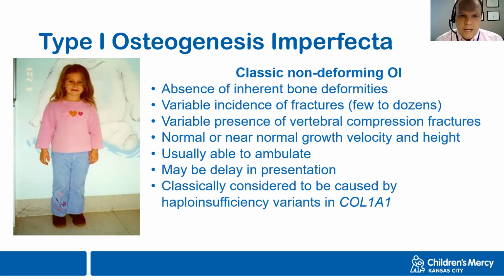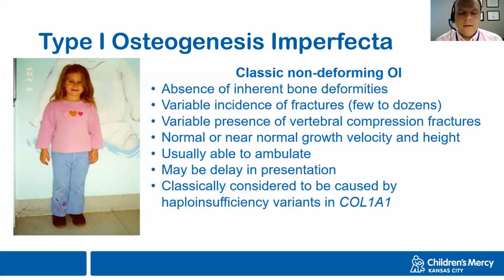People with type 1 OI, especially if this is not a familial form, if this is a de novo form, there may be a delay in presentation, and this delay may cause problems in both the medical knowledge and the diagnosis of that patient, but also may present with medical legal issues, because there may be some concern over non-accidental trauma in these patients. And so sometimes this can be an additional source of stressor for patients and families, above and beyond just the fact that they now have a child who has a new diagnosis.